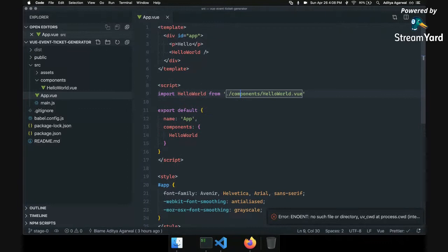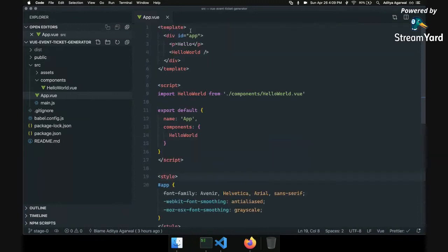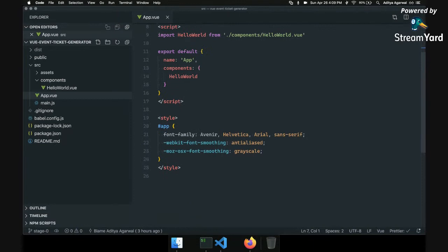Like we have our HTML, the JS, and the CSS in one file. So basically there are tags like a template tag, a script tag, and a style tag. And in that there is markup there, JavaScript here, and CSS here. And this syntax is called single file components, and this is a Vue specific syntax.